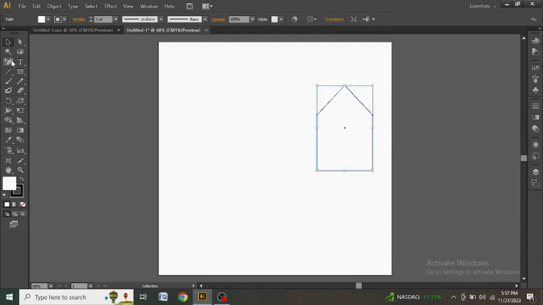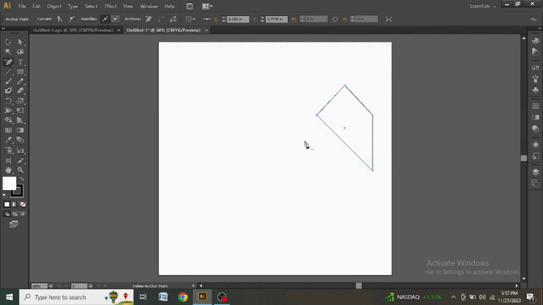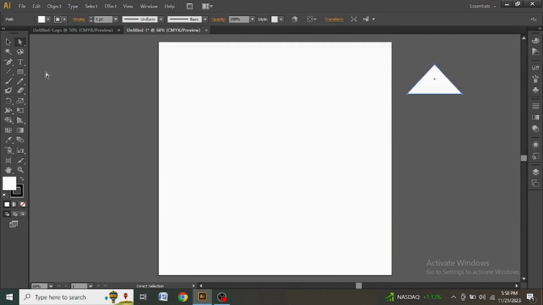And now if I click over here and I press the Alt button, you can see I have this delete anchor point tool. If I press over here on any of the anchors, you can delete it very easily. You can see you can delete these points easily. Now it has become a line. Okay. These are helpful in making some of the shapes. Guys, let's make a circle